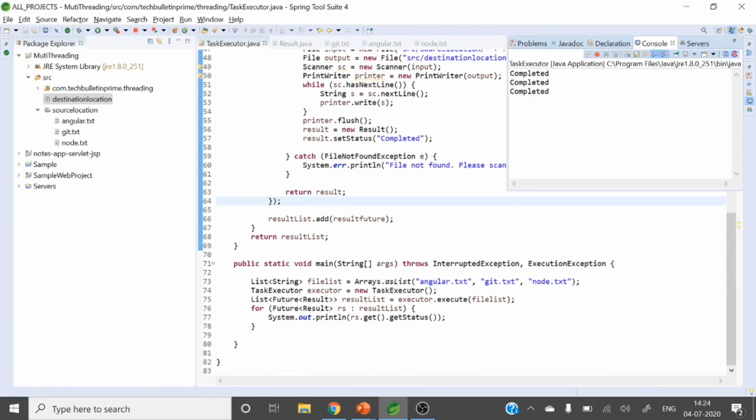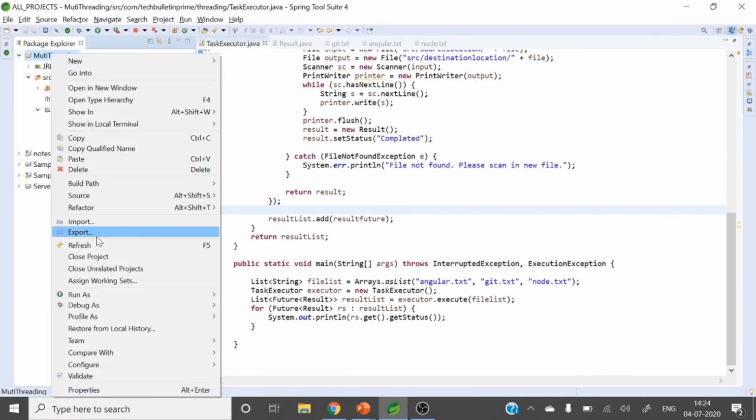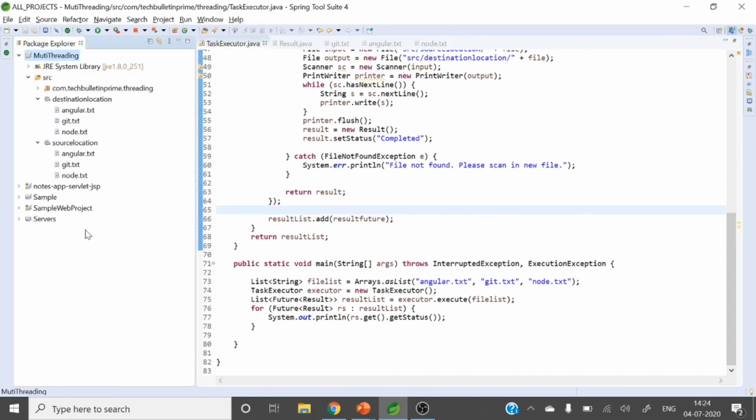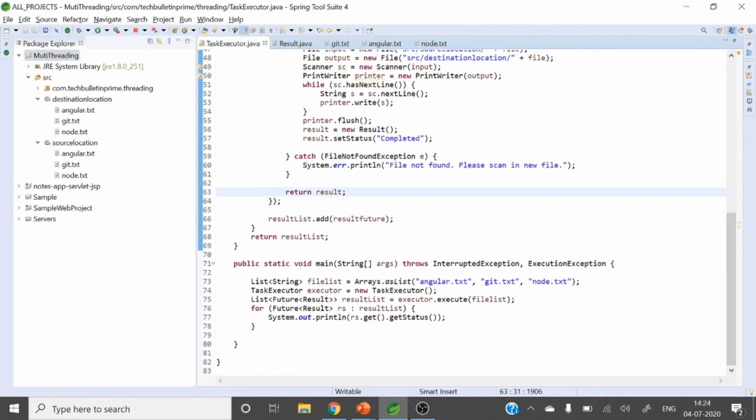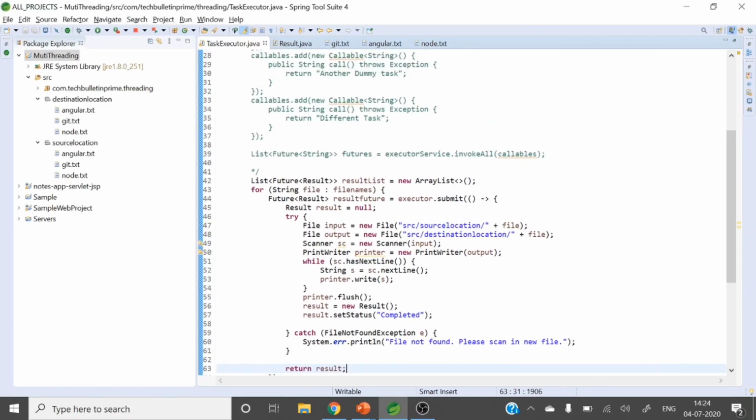So it's completed. Let's see. Let me refresh this project, right? So you can see in the destination folder 3 files got copied, right? So this is performed by 3 threads.